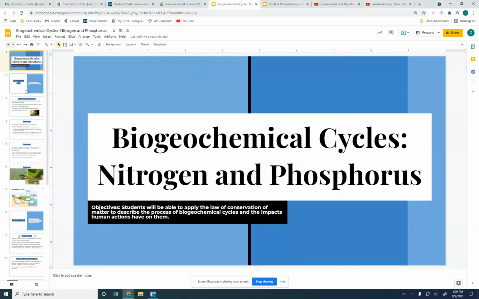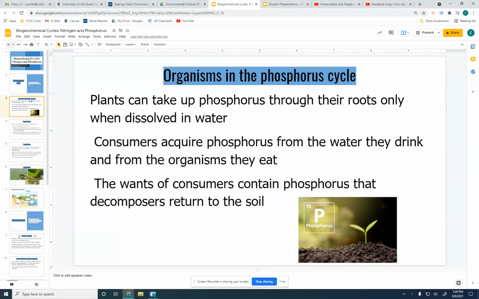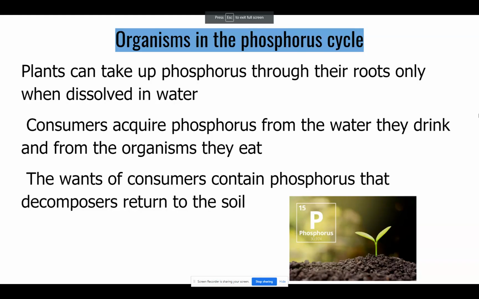Okay, so biogeochemical cycles, starting with the phosphorus cycle. Our natural levels of phosphorus are relatively low, and that's super important for our cycle as we move forward. Organisms in our phosphorus cycle can only obtain phosphorus one way, and that is through the water that plants uptake. So, whether it be the plant that is making the carbohydrates that something eats, or something eating that something that ate the plant, however many steps removed,